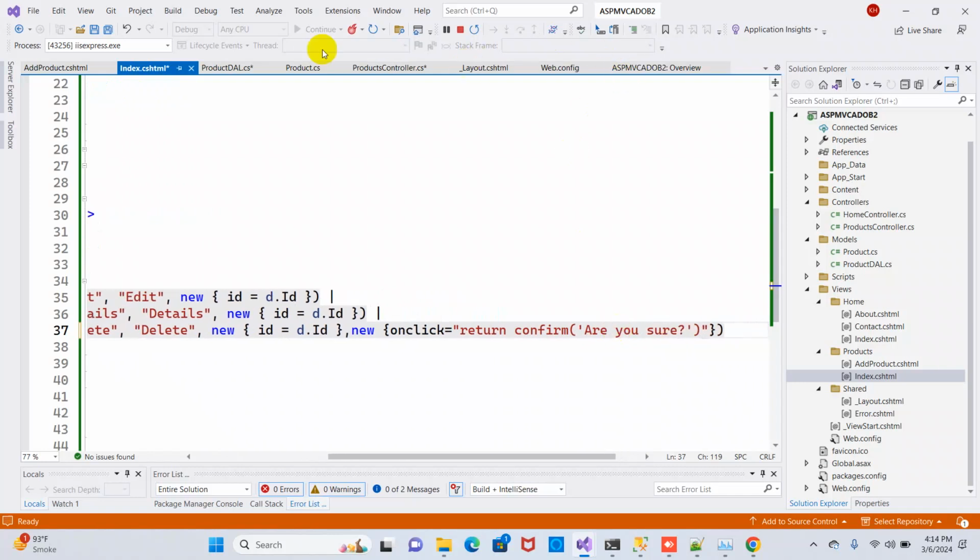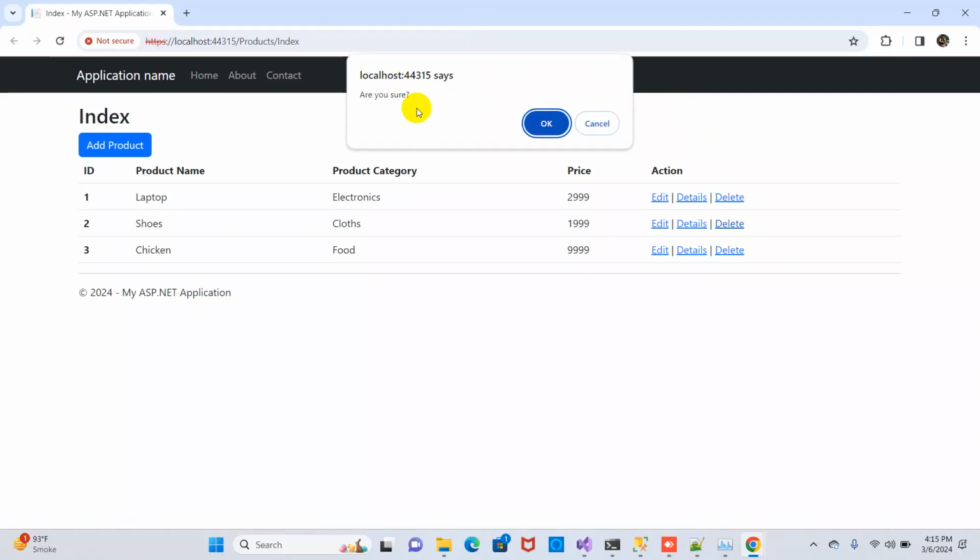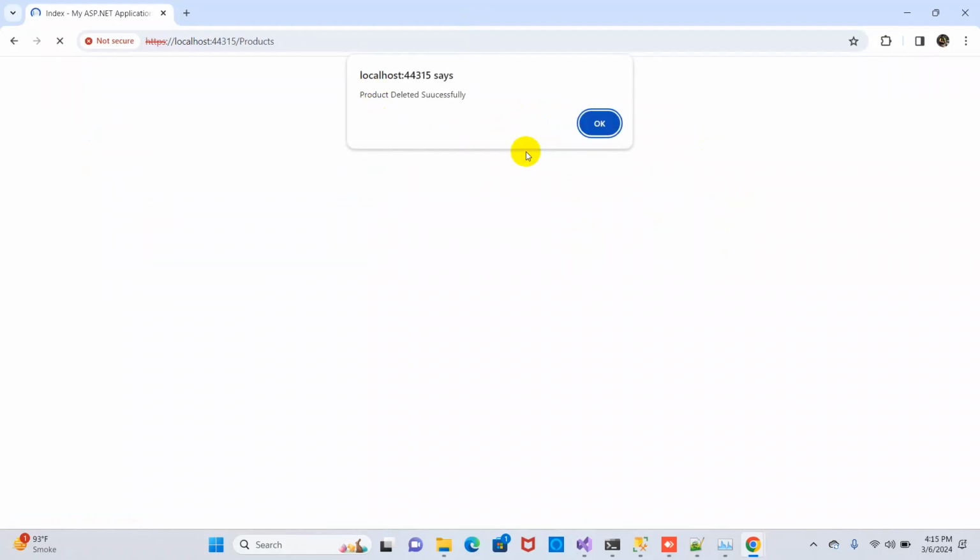Just run it now. See here now, once you click on the delete. So after click on this,